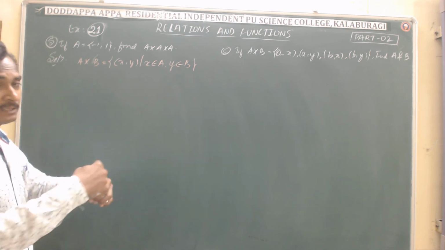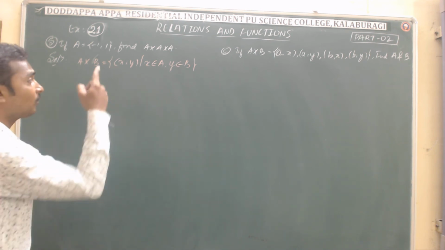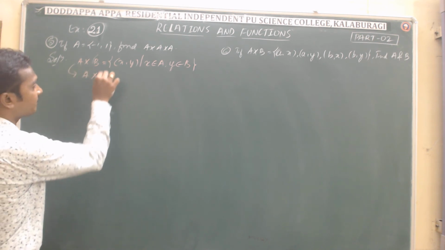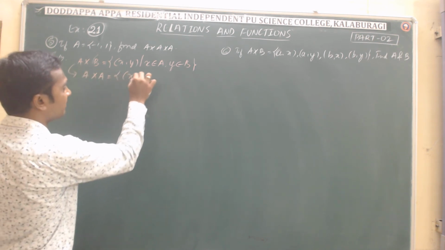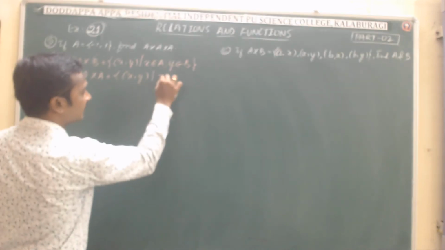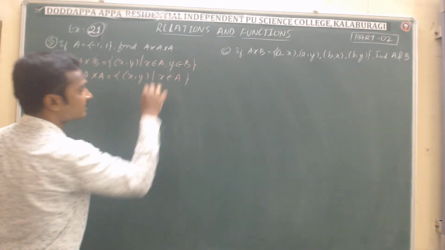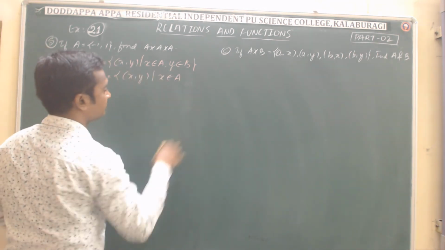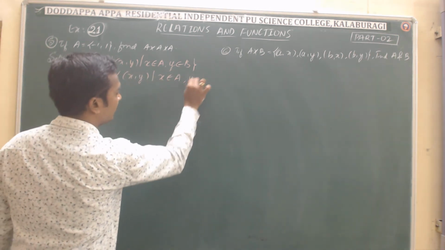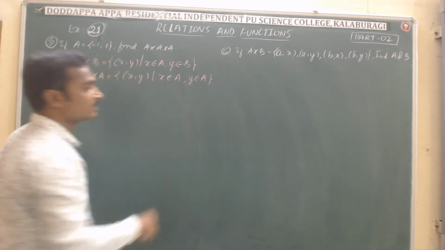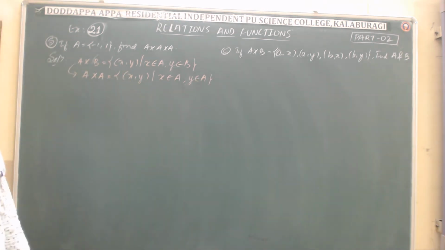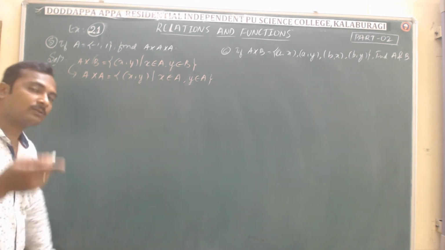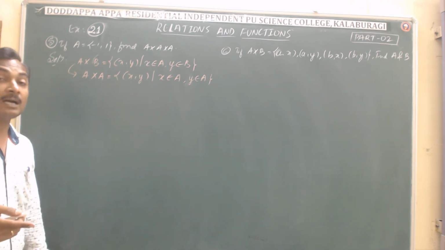So if I change the set B to the set A, what does this become? This leads to A cross A is equal to the set of all ordered pair elements x comma y such that x belongs to A and y belongs to A. So this is my definition. Now let's use the same definition for the Cartesian product of three sets, that is, the Cartesian triple